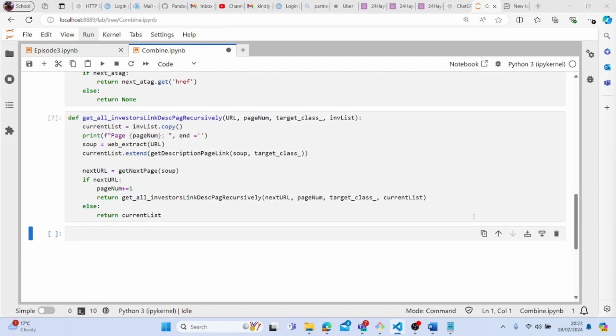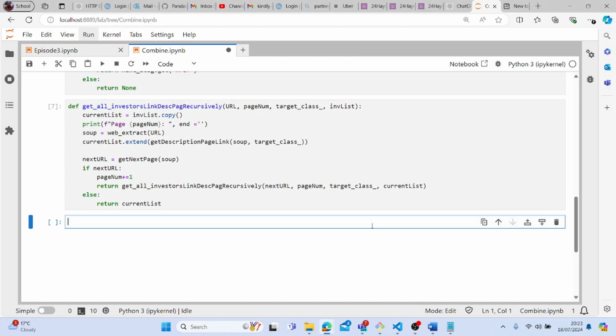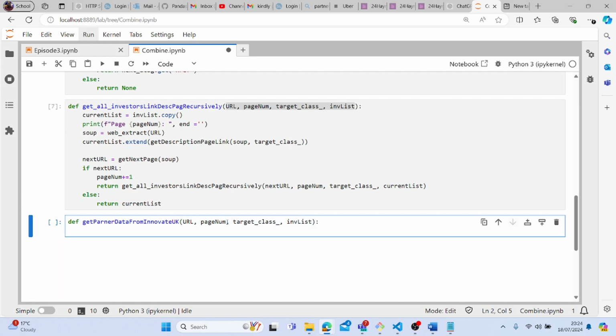So now we want to write the combined program. What name should we give the combined program? Now let's call it def get partner data from Innovate UK. What we have here is the URL, the page number. Now let's copy all that we have here, and we say now the link, the investor